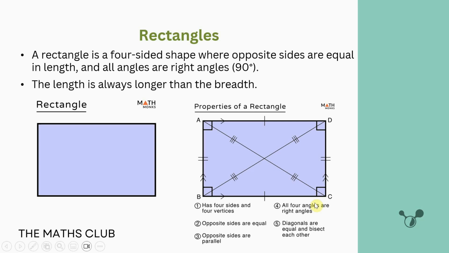Next is saying that diagonals are equal and bisect each other. So you can see this diagonal, and this diagonal. The point where they meet, they bisect each other. That means that they break it into 4 equal parts. This length is equal to this length. You can see 2, 2. So the length from this middle here,